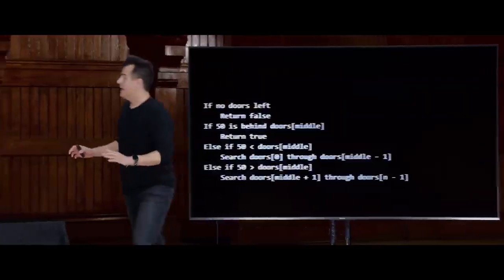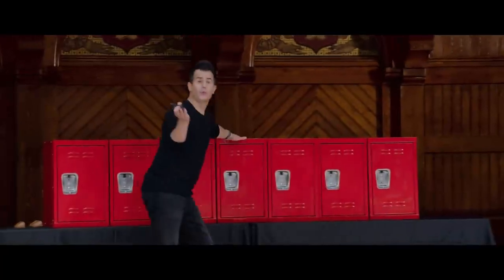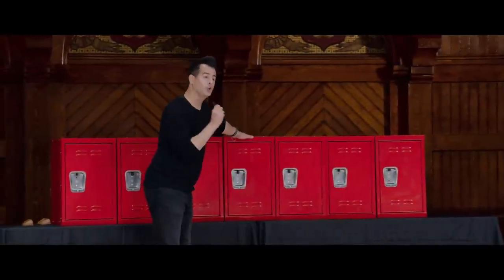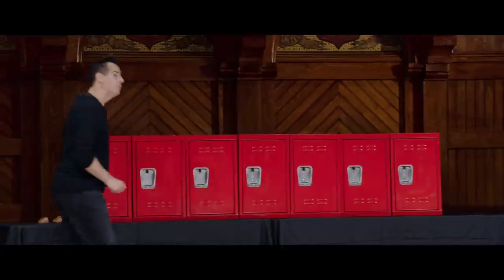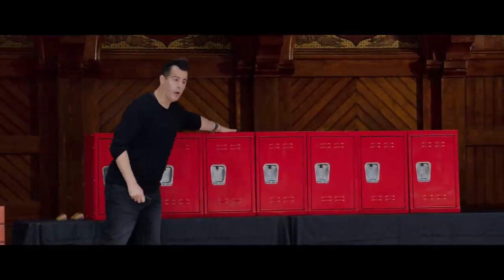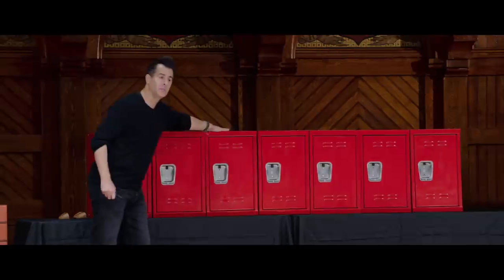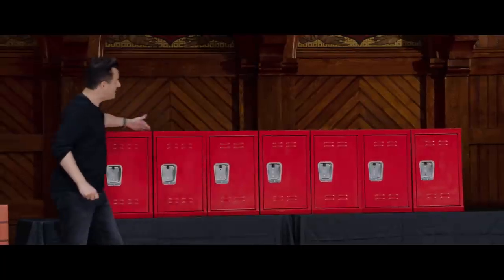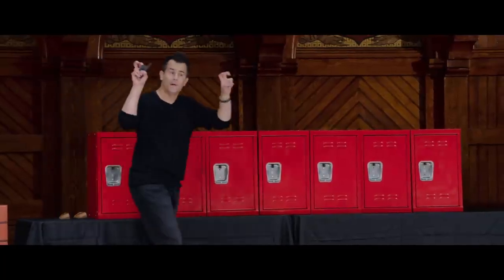So what do I mean by that? Here was the middle door. And even though this is not what we did a moment ago, if we were to go left, here's bracket 0, the first door. Here is middle -1, because if this is middle, -1 is immediately to the left. And this is why this algorithm would indeed have us searching the left half.